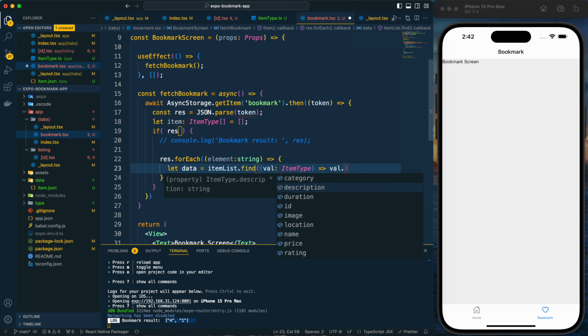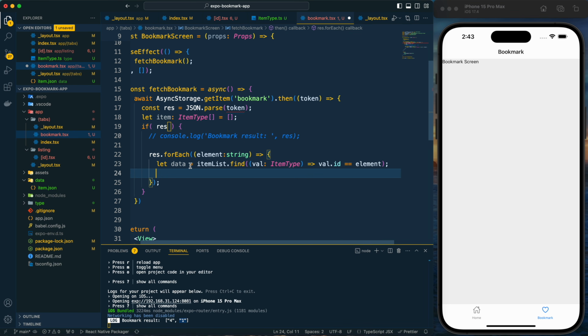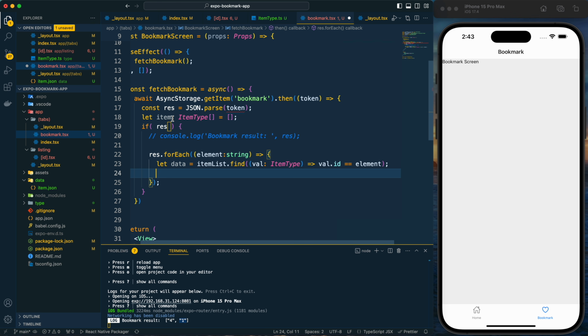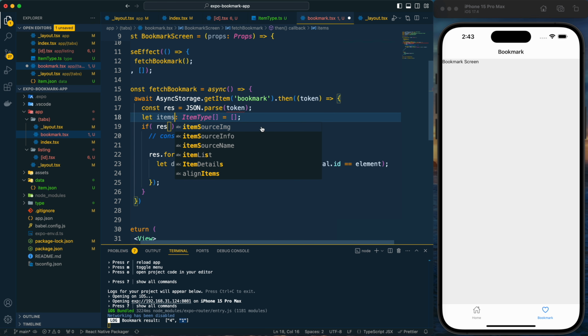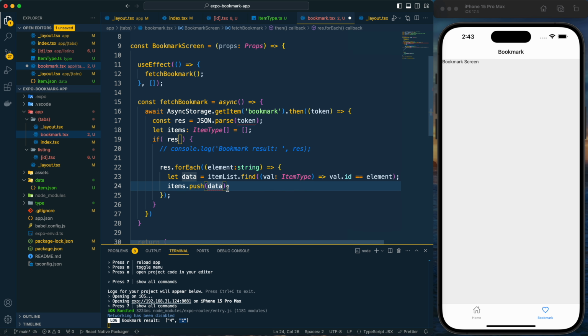So it is val.id equal to the element, which is this one, and this element means this ID. Okay, and now we need to add this data. If this data is matching, then we need to add this data to this empty array. So let me call it items. So items.push, and provide the data here, and here we can provide this to get rid of the error.